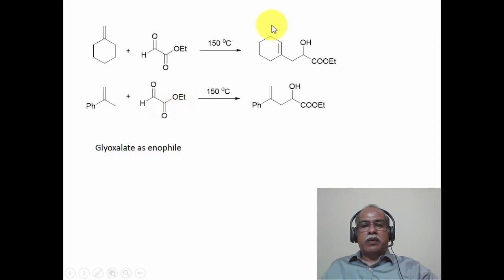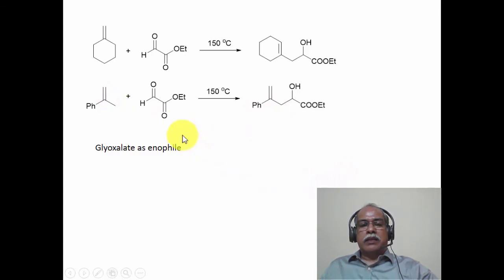The reaction is carried out around 150 degrees Celsius. In the case of hexamethylene cyclohexane, the product formed is the cyclohexene, which is substituted in the 1 position in this particular case, whereas alpha-methyl styrene is undergoing the reaction to give the alpha-methyl styryl derivative of the allyl alcohol, the homoallyl alcohol of this product. In other words, this hydrogen is transferred onto the oxygen. A carbon-carbon bond is formed between this carbon and this particular carbon during the course of the reaction with the